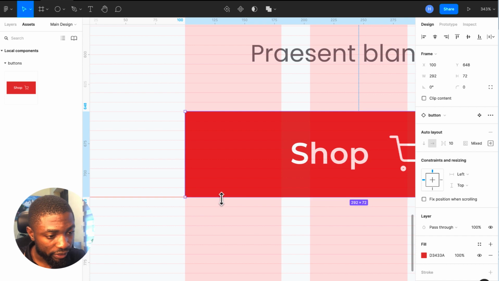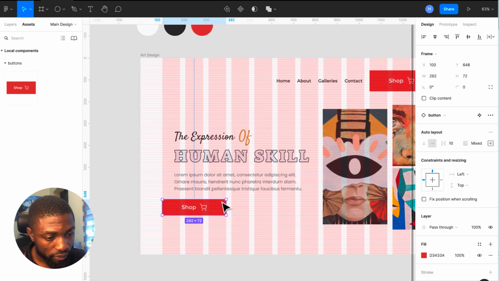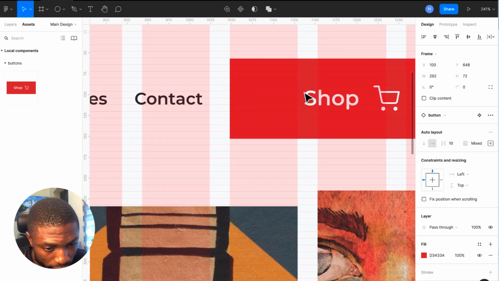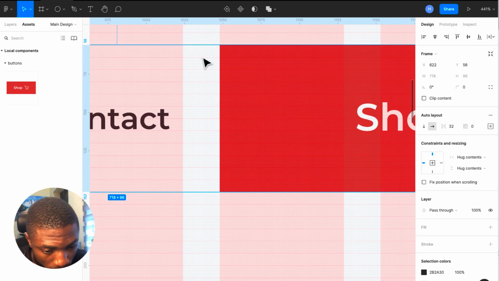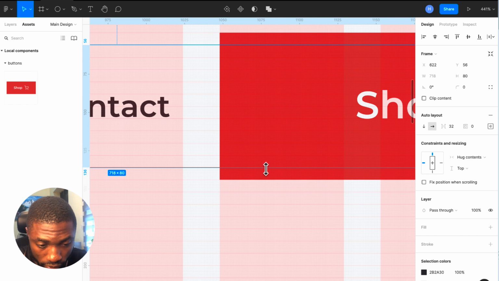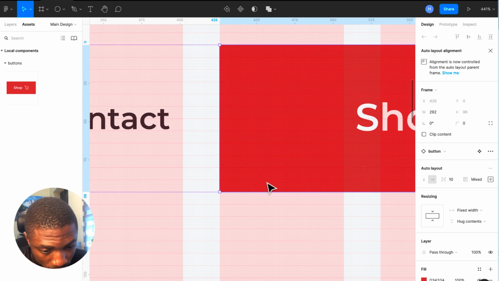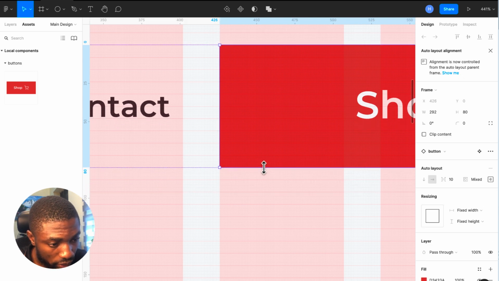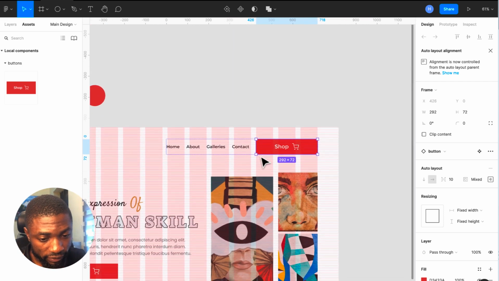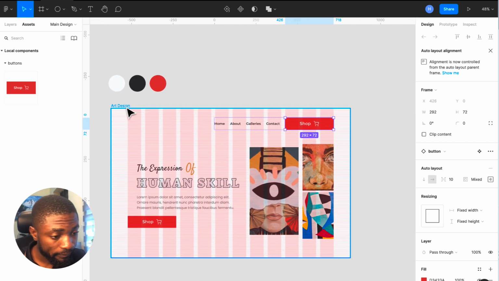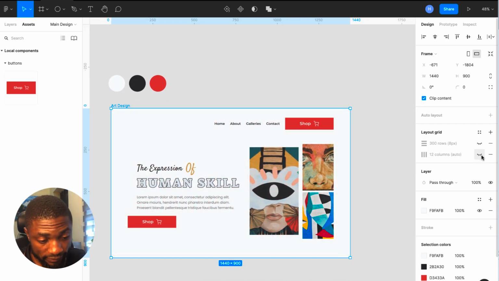I still reduce it to 72. I think that's okay. So let's do that for this. So snap it to the row, and I'm going to reduce it. Make sure I snap it to 80 and 72. Okay, that's the essence of the grid row. So I'm going to turn off this too, and